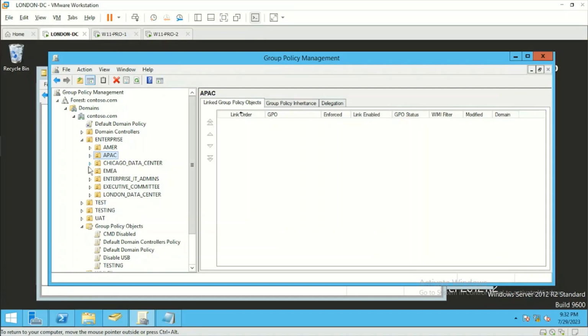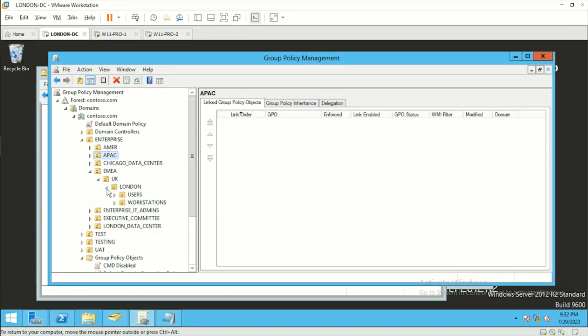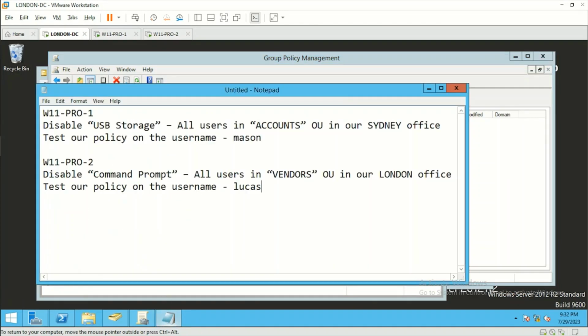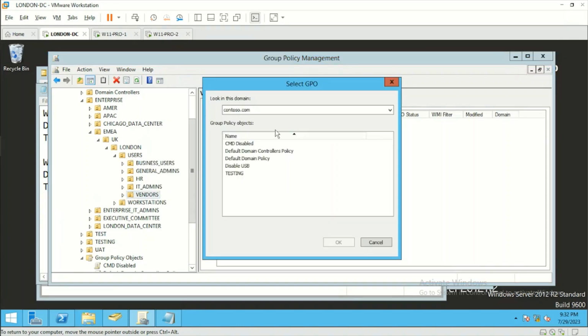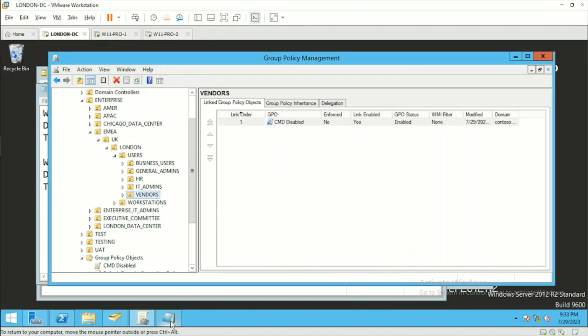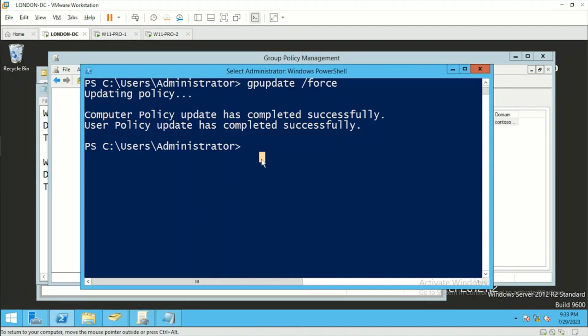So this time our container is EMEA, UK, London, users, vendors. This is the end result, what we were expecting. So let me right click on vendors, link existing GPO, and we'll link command prompt disable. So we have disabled the command prompt. Let me update the policy, GP update /force,